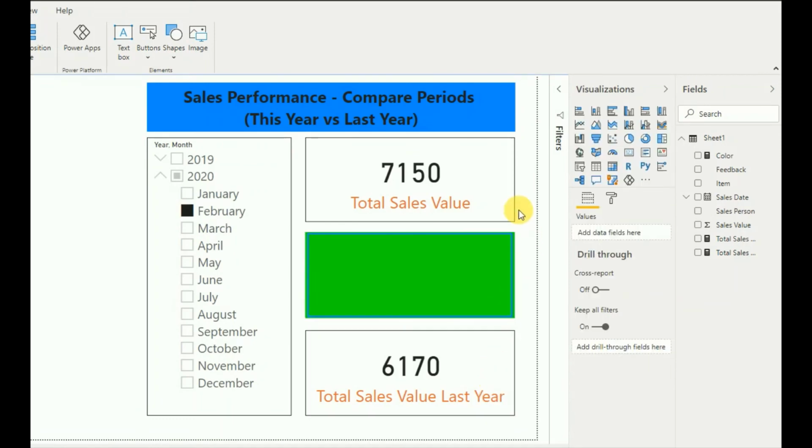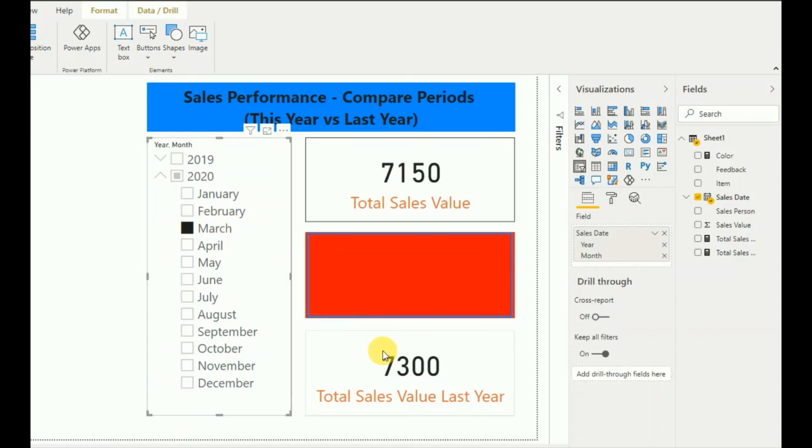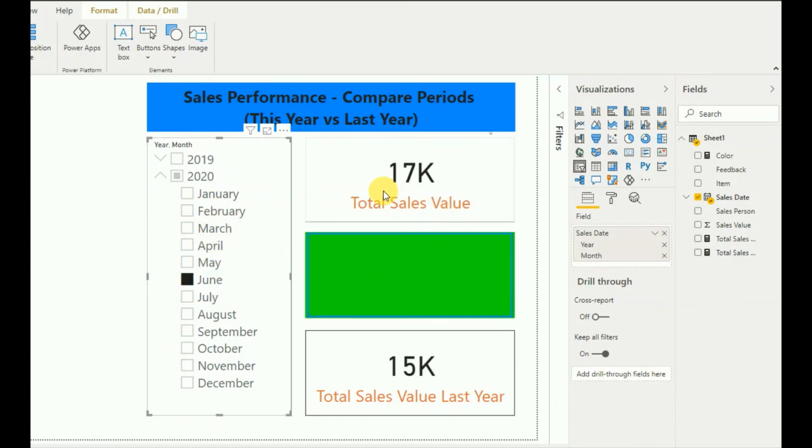As you can see now, it will compare sales value to the sales value which is available as a measurement here, and then it gives color based on the switch condition that I have implemented. So let's say if we select March, as you can see the last year value is greater than this year's value for the same period, so it will give red color. So that indicates that this year's sales performance is not better than last year. So in the same way, it gives the output according to the sales value, right?